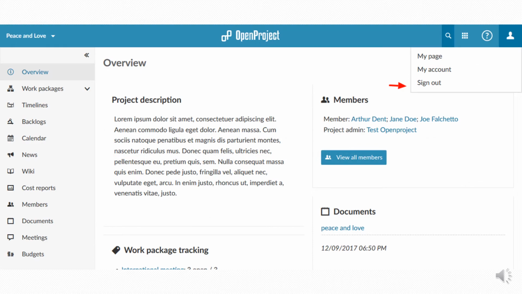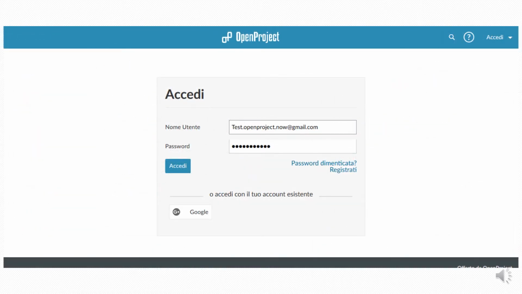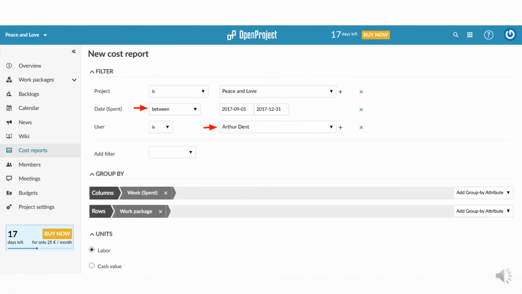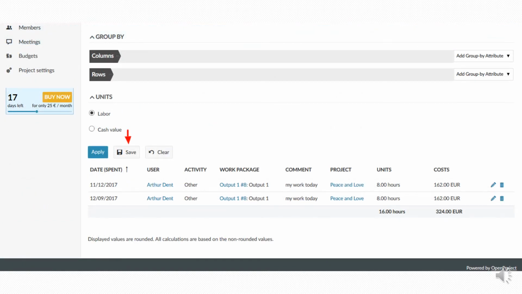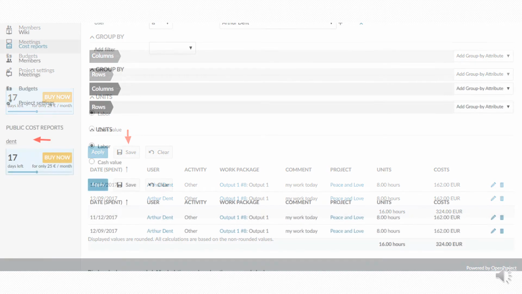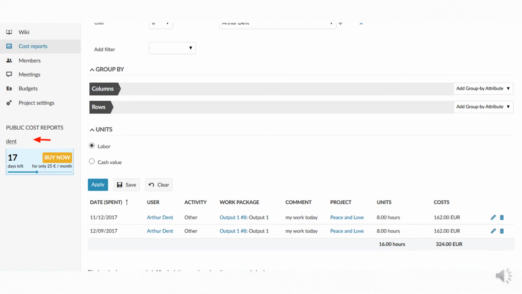Leaving the user profile and logging in to the administrator profile, you can find the cost report in the menu on the left. In the form displayed, you have to enter the required data: name of the project, dates, and the name of the user. Then you can access the table relating to the activities carried out by the employee and his labor cost. If you want, you can save this table to access it later and directly. Unfortunately, this table cannot be printed, but you can make a screenshot of it.